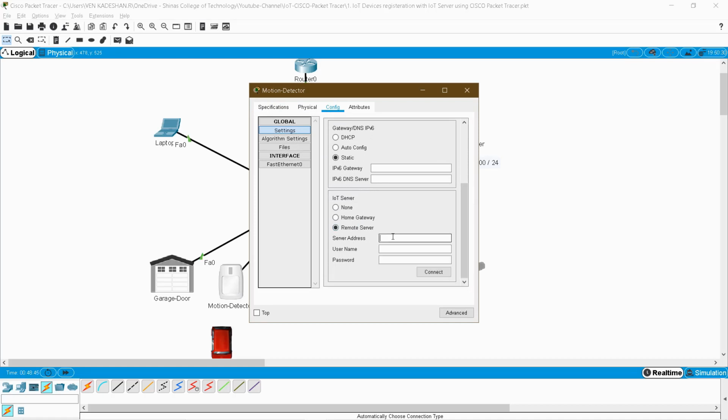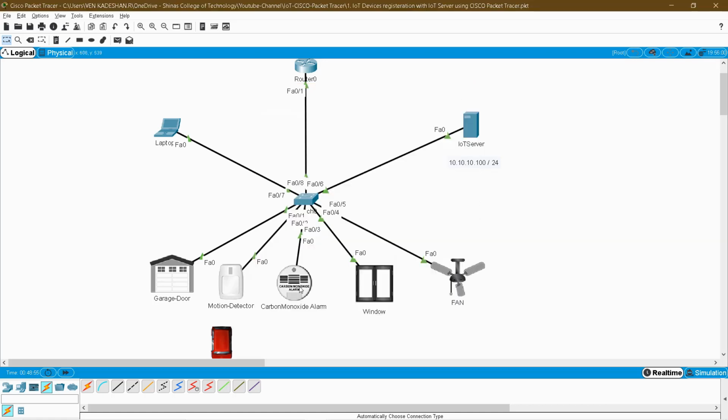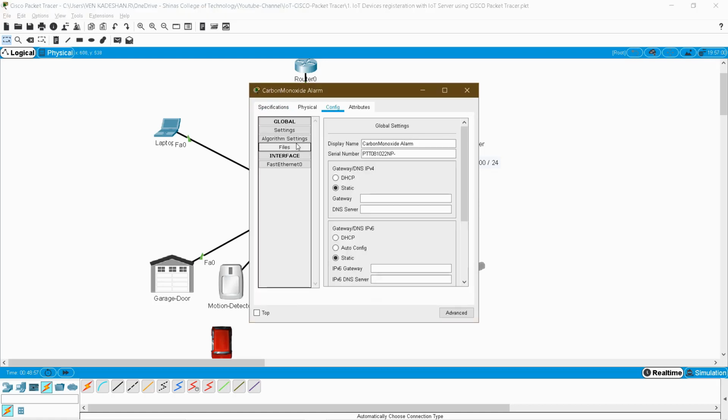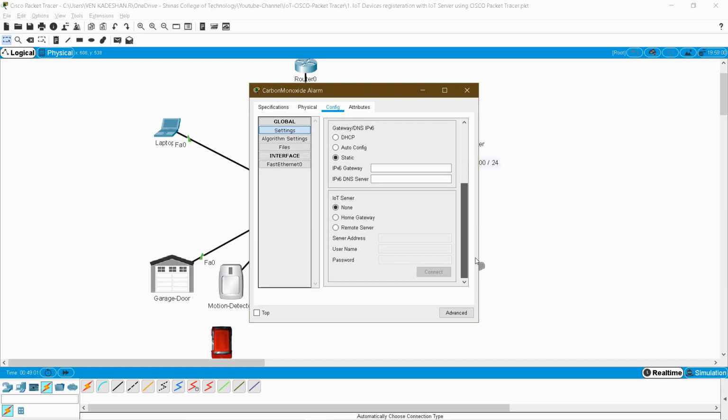10.10.10.100, Venkat, register it. Go to the carbon monoxide detector and do the same job: DHCP, got it, 10.10.10.100, Venkat, connect it.